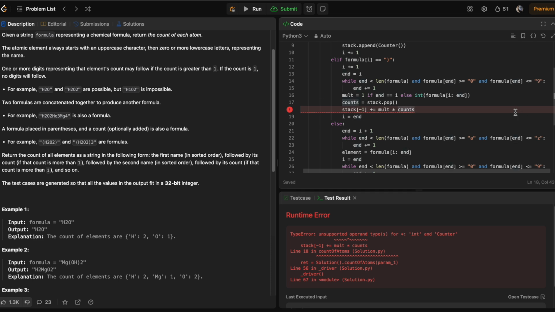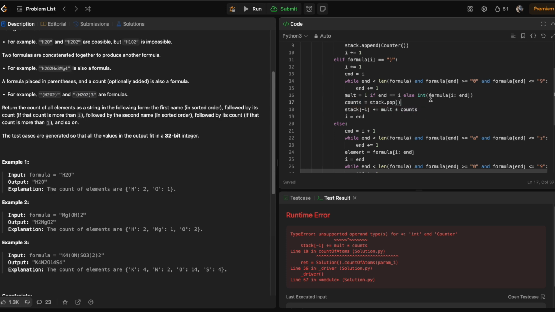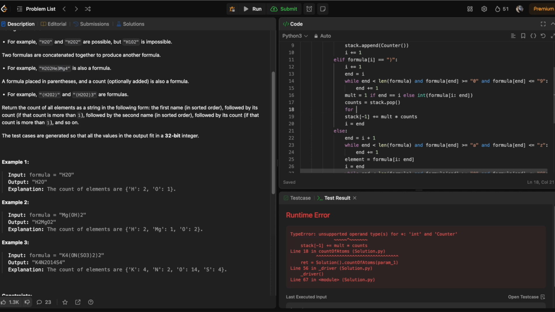Holy crap. Can you not multiply counters like this? I swear to God, I thought you could do this. Dang, actually? Okay, I know you can add counters together, right? Okay, I guess you can. I'll just manually do them. So for